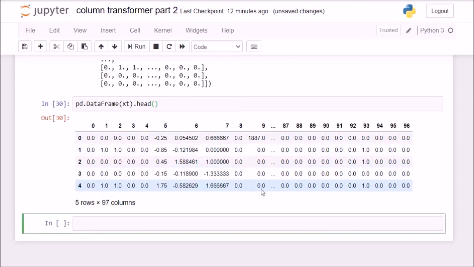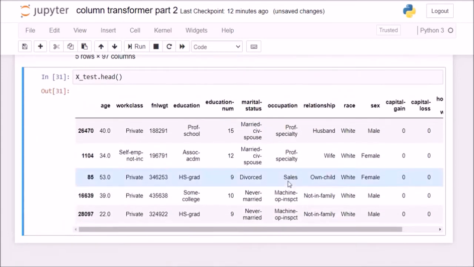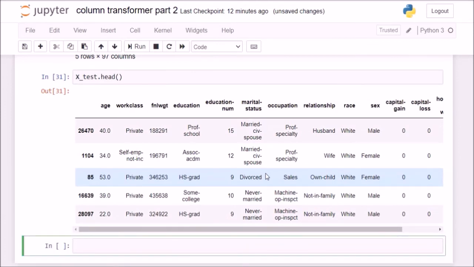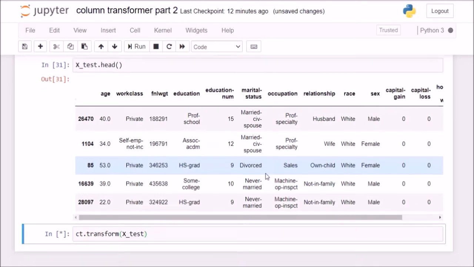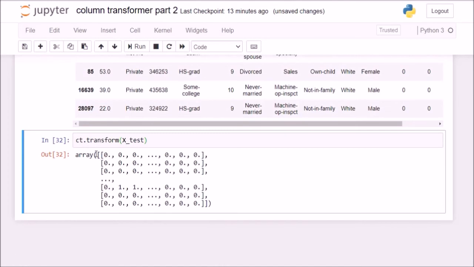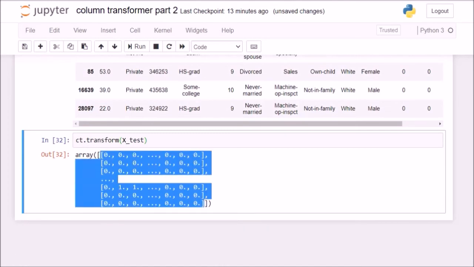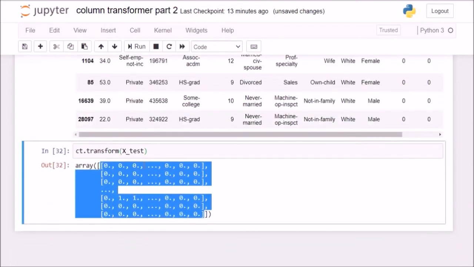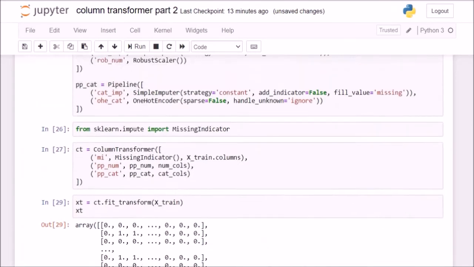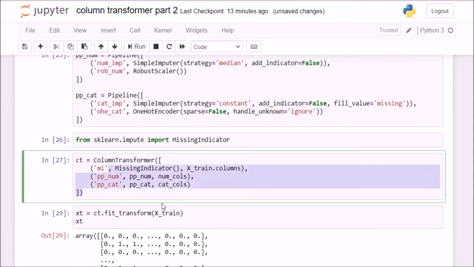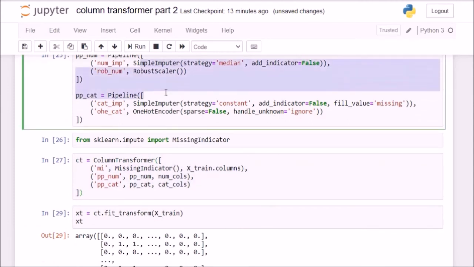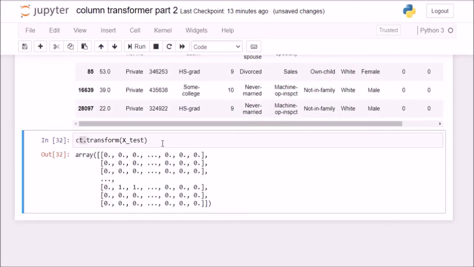Now if I also want to transform my X_test, if I check what my X_test is, it is still that raw data frame which we see here, which has no transformation done on it. But when I do, for example, ct.transform(X_test), you see it is just one line of code. It has done every single thing it was supposed to do here. It just saw the ct object and then went here, did all the transformations, and then it went to these pipelines as well, and then returned the output data set.